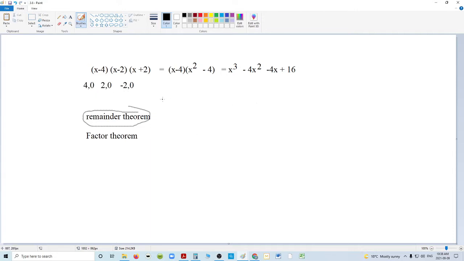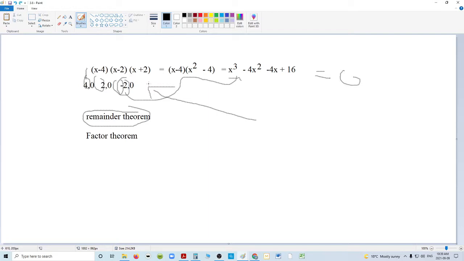It essentially says that if I plug in a number here, these are the roots of those x-intercepts. If I plug the number into the equation, I'm going to get a result of 0, which means if I plug in the root, I'm going to find out the factors